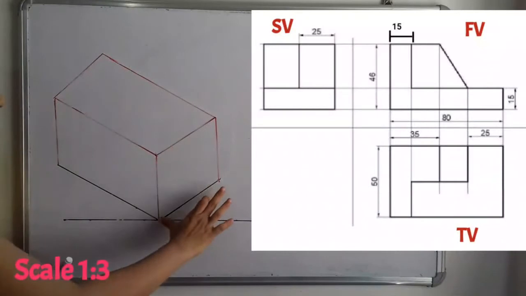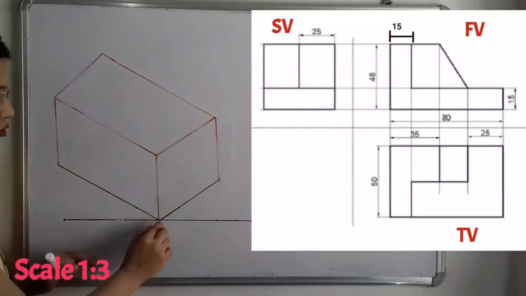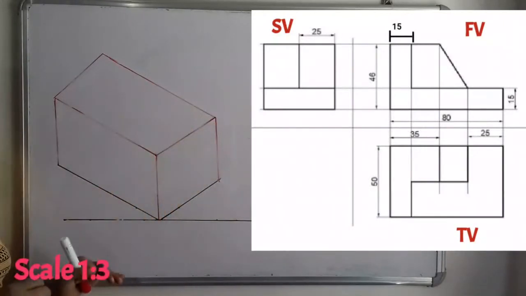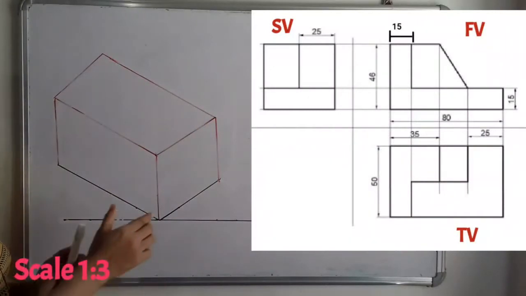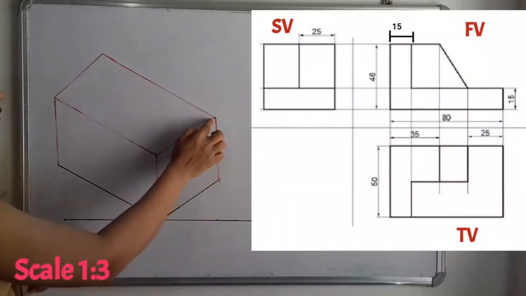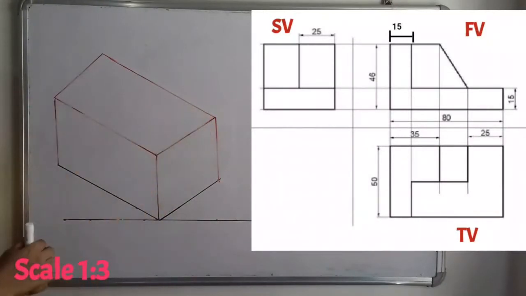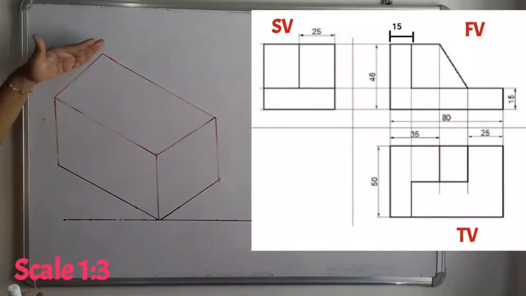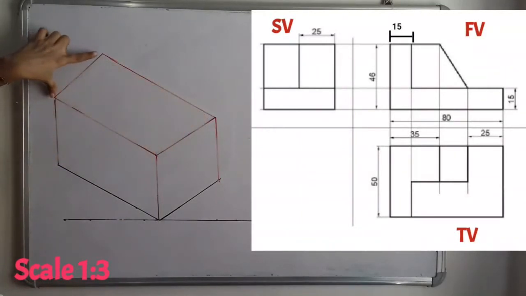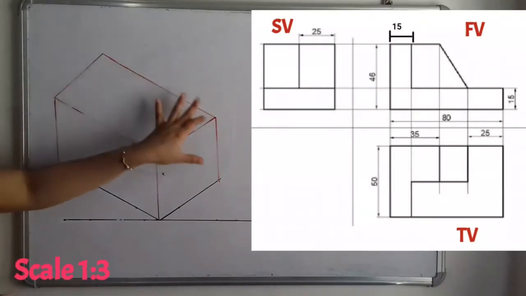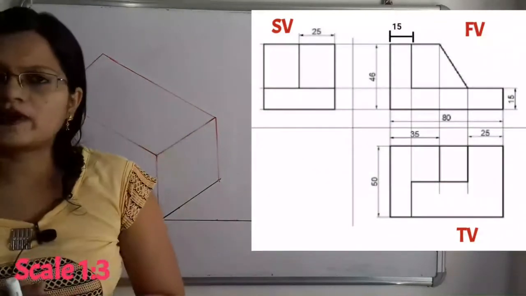What is the width here? Width is 150 millimeter. So we take the dimension 150 millimeter and draw one vertical line. On this vertical line, which indicates the dimension of height, we take the dimension equal to 138 millimeter and mark one point. Now join these 3 points. From this point we draw the line parallel to this width, take the dimension equal to this width, and here will be the point, and then join the remaining points. So this is the outline of the isometric projection.